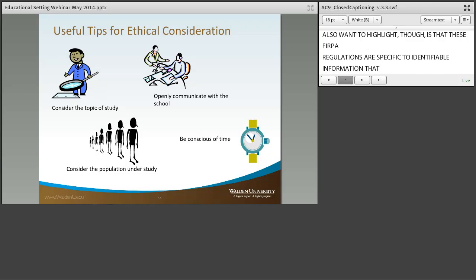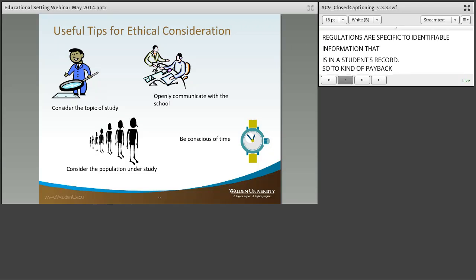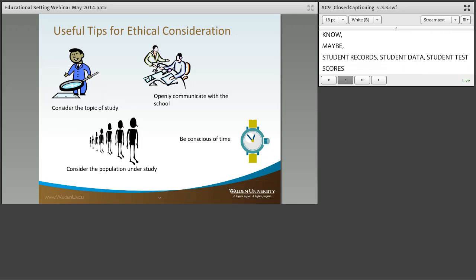So to piggyback on that secondary analysis that Leilani mentioned earlier, schools certainly can release information in which identifying information has been removed. And so it's very possible for a secondary analysis of student records, student data, or student test scores to be done without parental consent, because the school can easily remove any identifiable information. Keep that in mind, because it is very easy to create a data set that has multiple points and then strip the data set of any identifiers once it's been created.